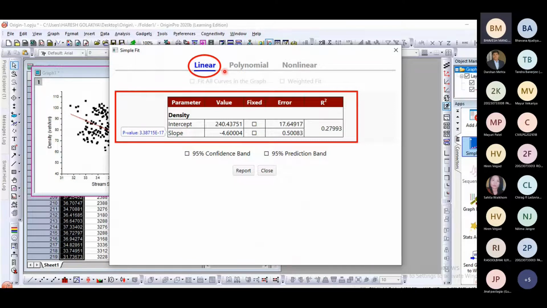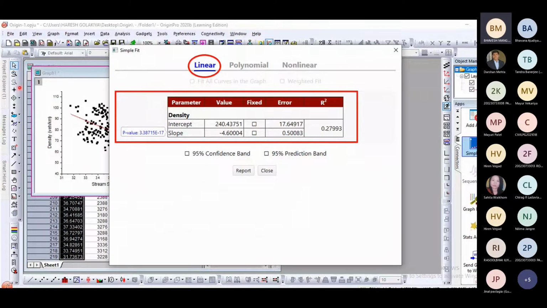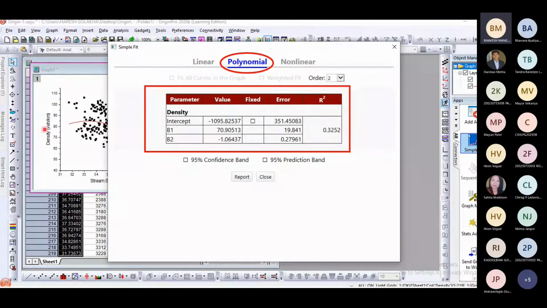Instead of linear fitting, suppose we want to check whether polynomial fitting is better or not. So just by clicking polynomial, here you can see initially it was a straight line fitting. So this red line is there in the plot, right? When you just click on polynomial, the polynomial fitting will be there.